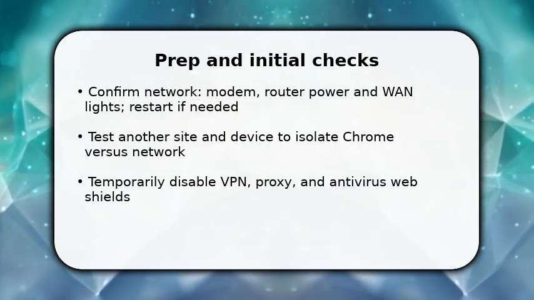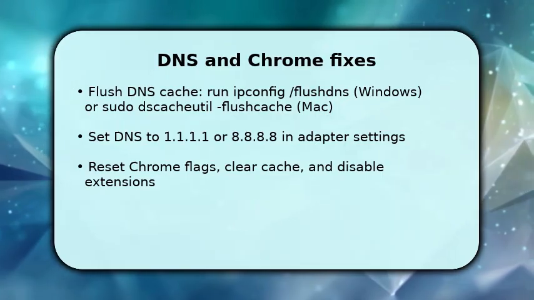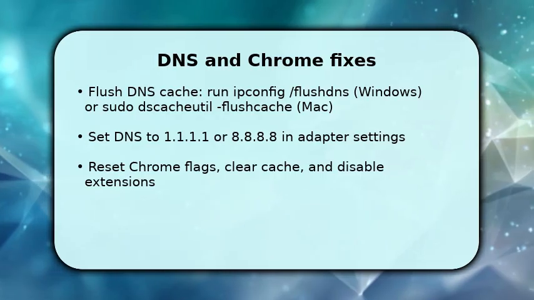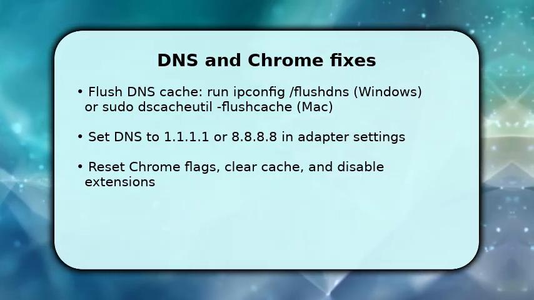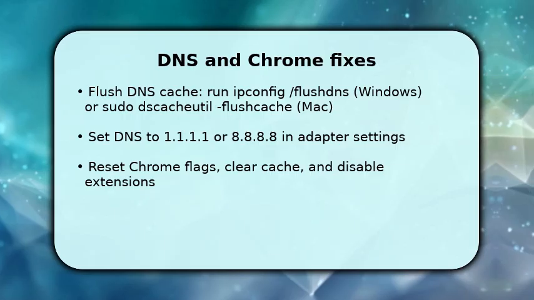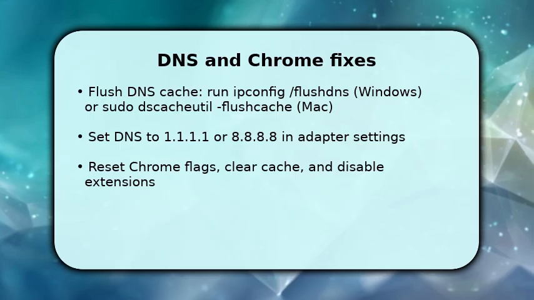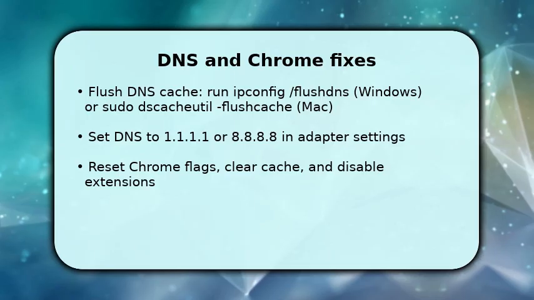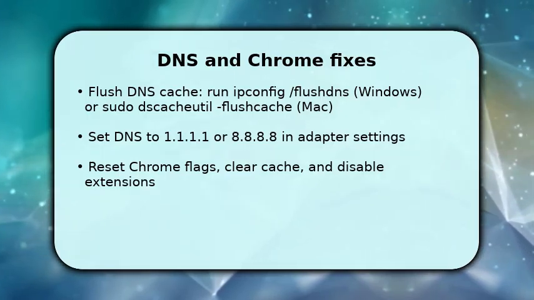Now fix name resolution and browser state. Flush your DNS cache to remove stale records. On Windows, use ipconfig /flushdns. On Mac, use sudo dscacheutil -flushcache. Then change your adapter DNS to a public resolver like 1.1.1.1 or 8.8.8.8 to bypass ISP DNS problems. Next, reset Chrome state by clearing cached images and files, disabling all extensions, and resetting Chrome